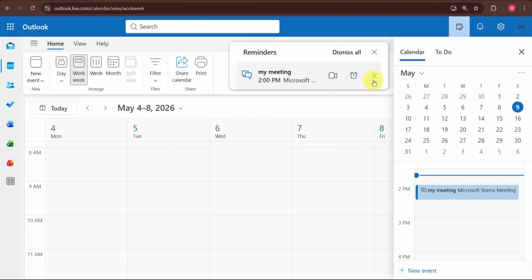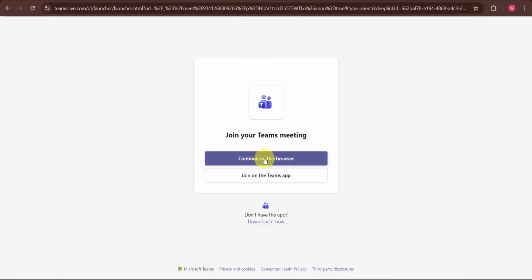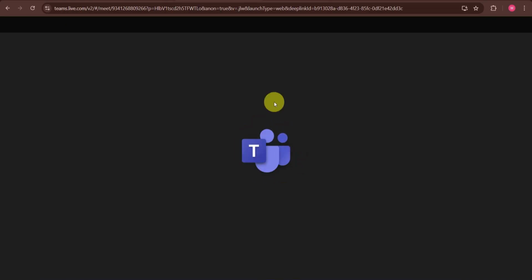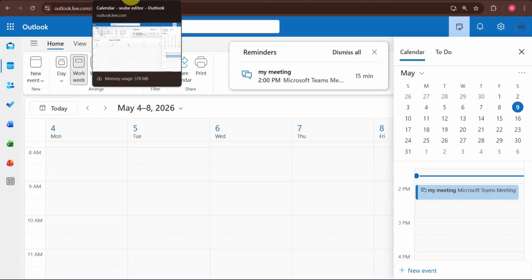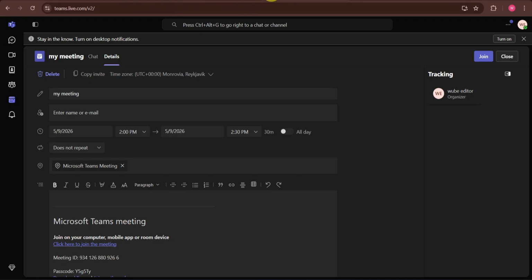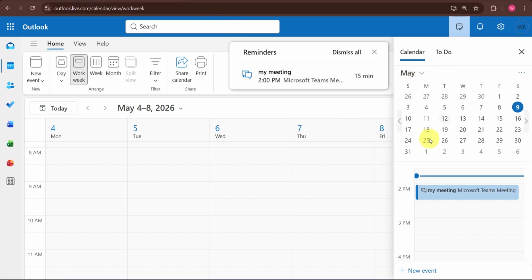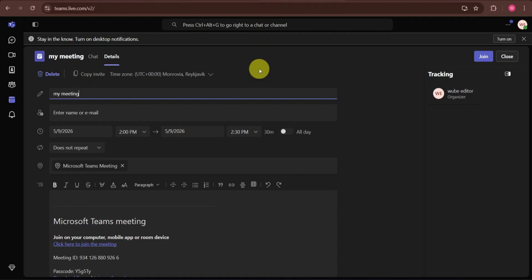schedule easier to read. If your calendar does not sync immediately, try signing out and back in to both Outlook and Teams. You should also make sure both applications are using the same Microsoft account. In some work or school accounts, your organization may manage certain calendar settings, so a few options could look slightly different. Overall, syncing Outlook with Teams is one of the easiest ways to stay organized and keep your meetings updated